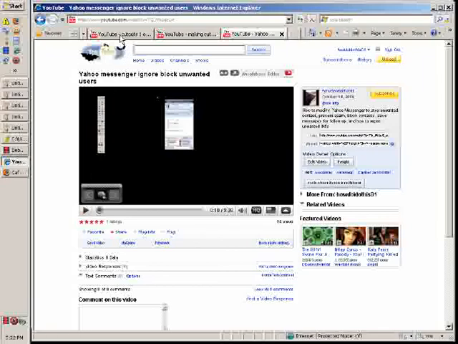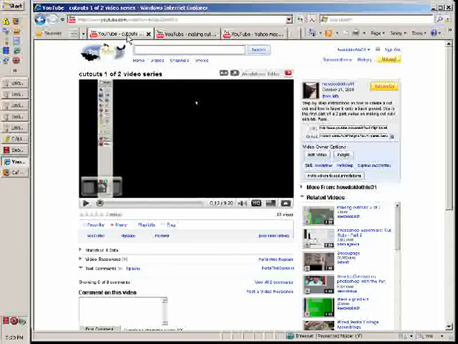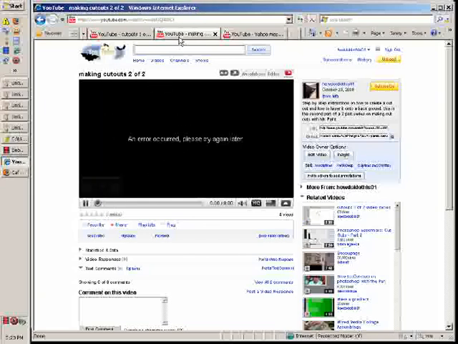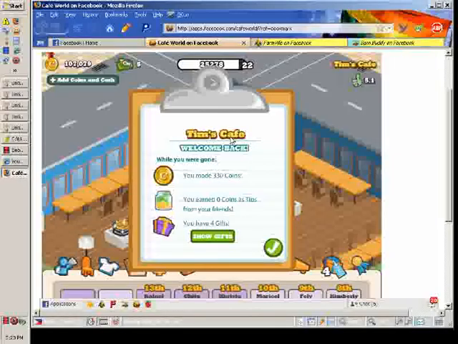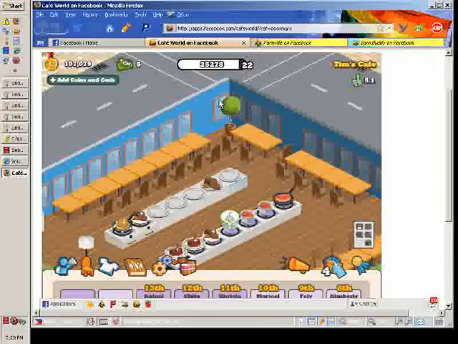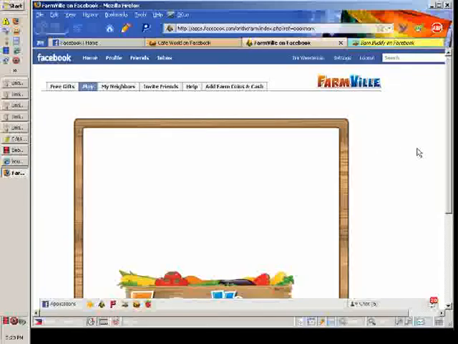Now, I've clicked pause on all three of these, and you will note that as you click pause, the video should keep loading. Now, you don't see the bar here yet, but we'll come back to it in just a minute. Okay, let me minimize this window and go back to my Facebook. Now, this program is now started, and this